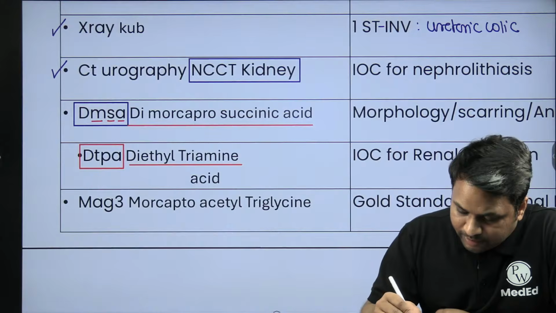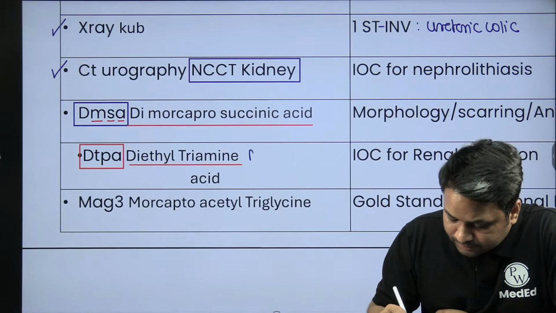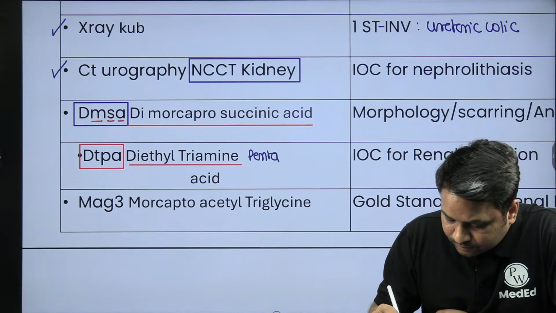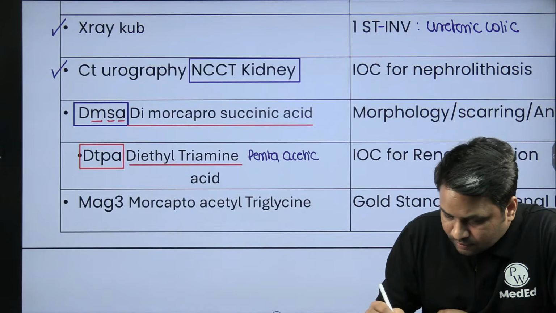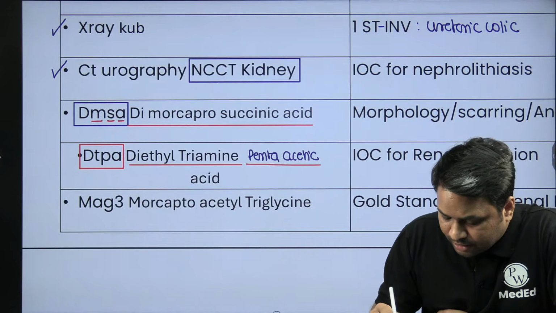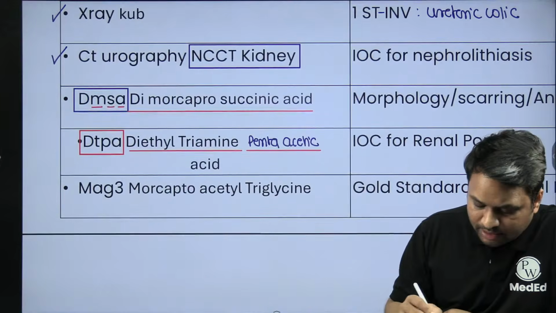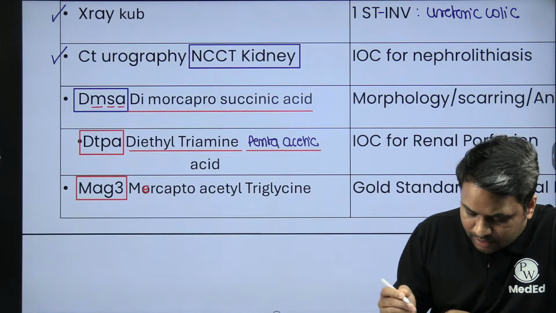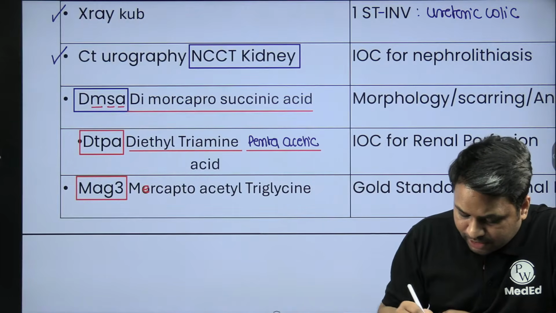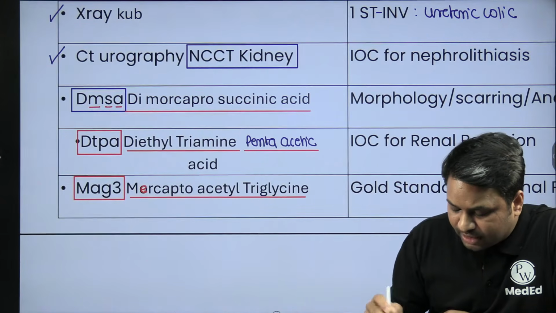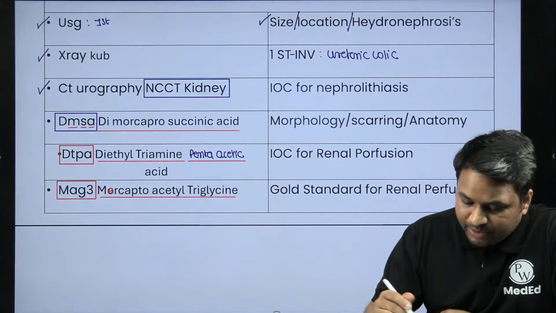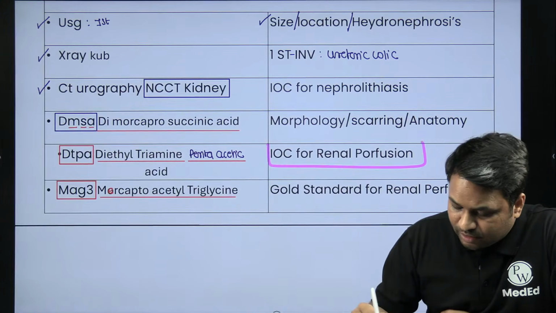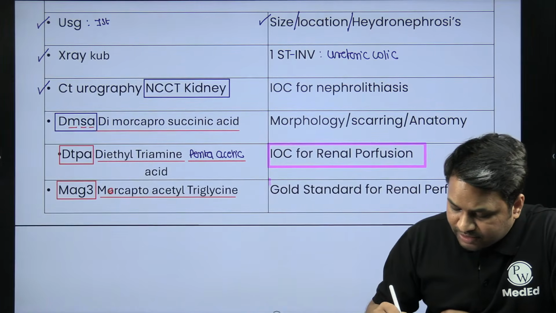Diethyl triamine pentaacetic acid. Then you have MAG3, which is a mercaptoacetyl triglycine, which is the gold standard for renal perfusion. So DTPA is the investigational choice for renal perfusion. But if I say gold standard,